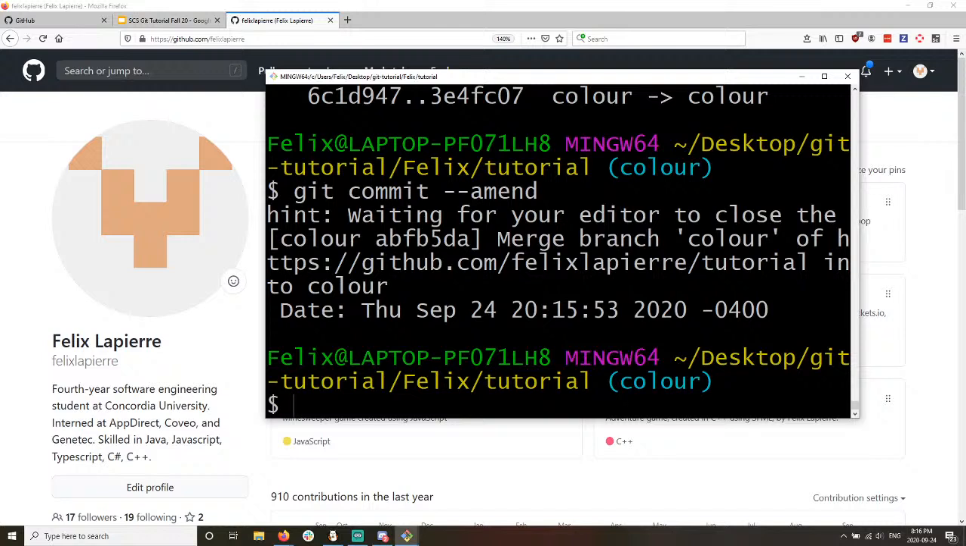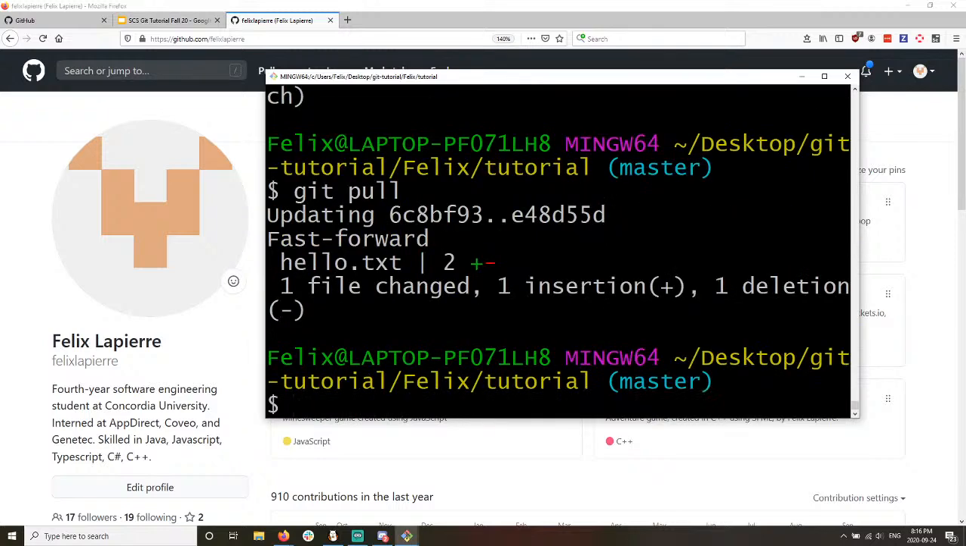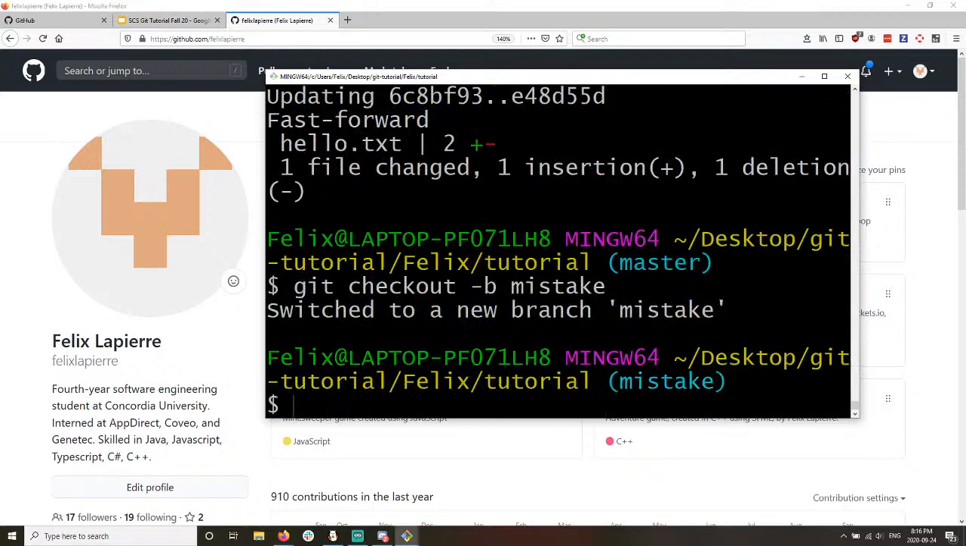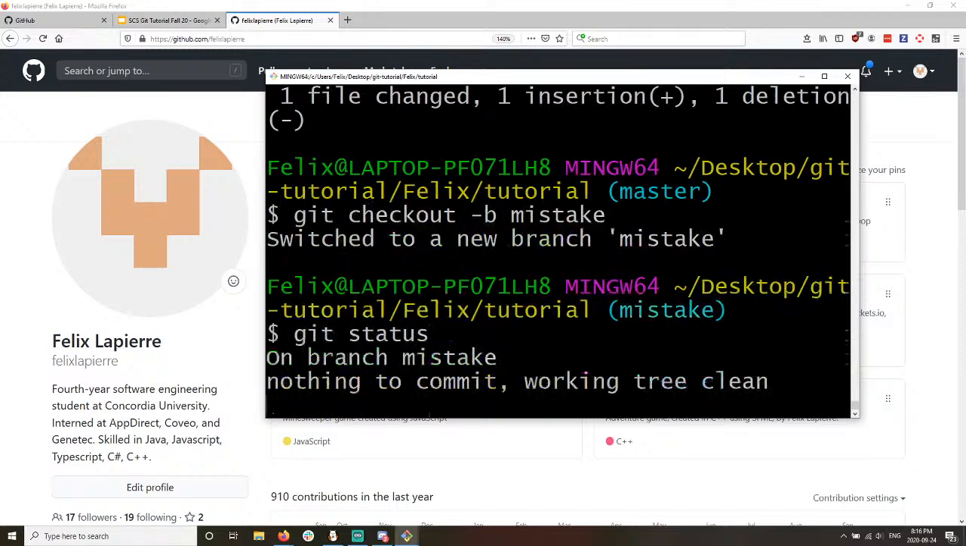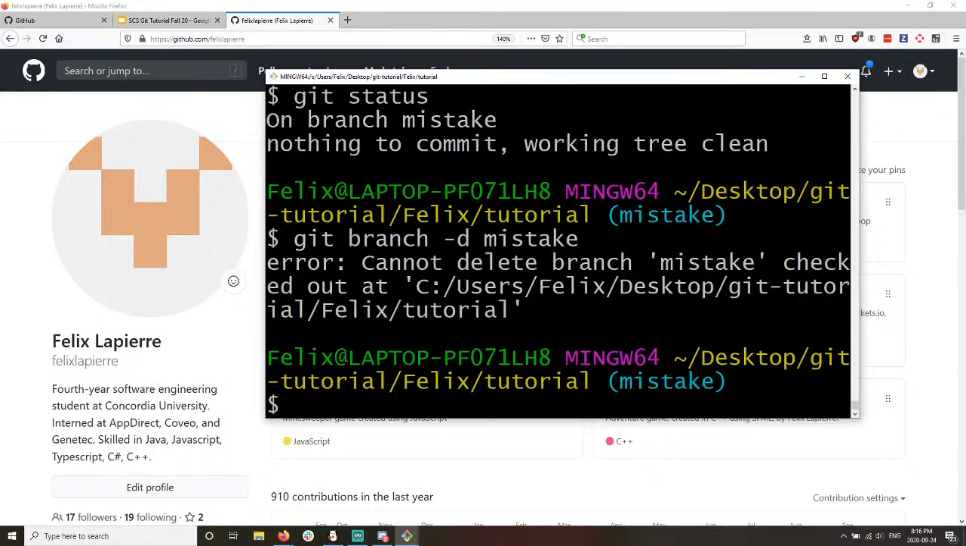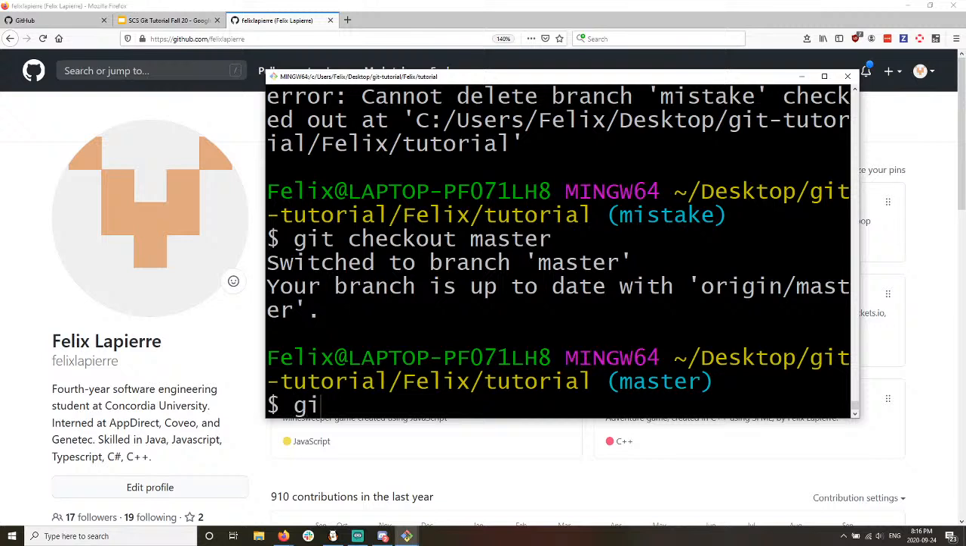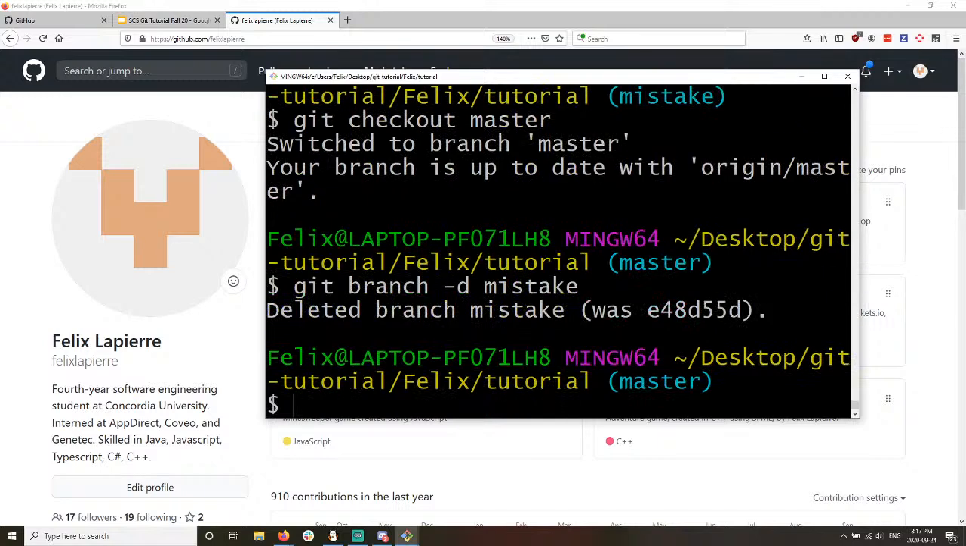Is it possible to delete a branch if one was created by mistake? Yes. I'm going to pull so we're up to date. Let's check out a new branch. Let's call it mistake. Switch to new branch mistake. Say I don't like it. You can do git branch -d for delete, and then the branch name. Note, you can't delete a branch if you're on that branch. So I have to check out the master branch, back to master, git branch -d mistake,